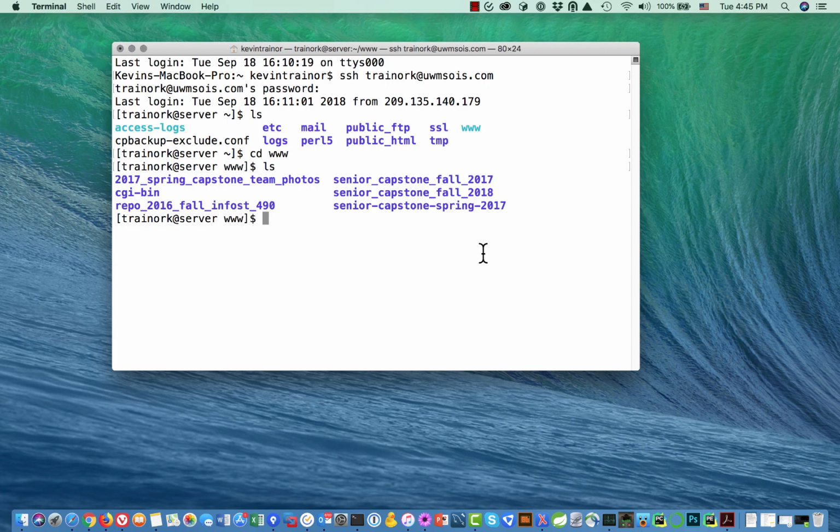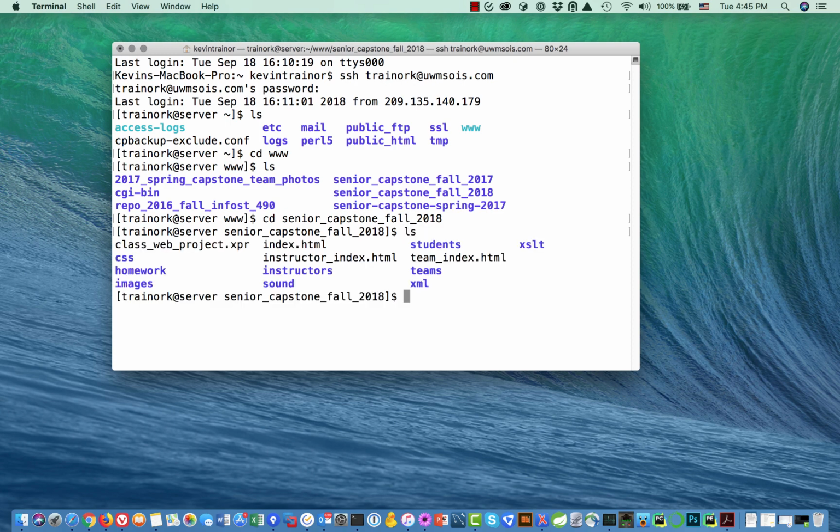And how do we do that? Well, we go into that directory. So we do a change directory to Senior Capstone Fall 2018, or whatever is the appropriate semester for you. And now you can see that's in our prompt. And if we do an ls, it's going to show us the files and the directories that are inside of that directory. And that's the directory that we want. So that's our website,